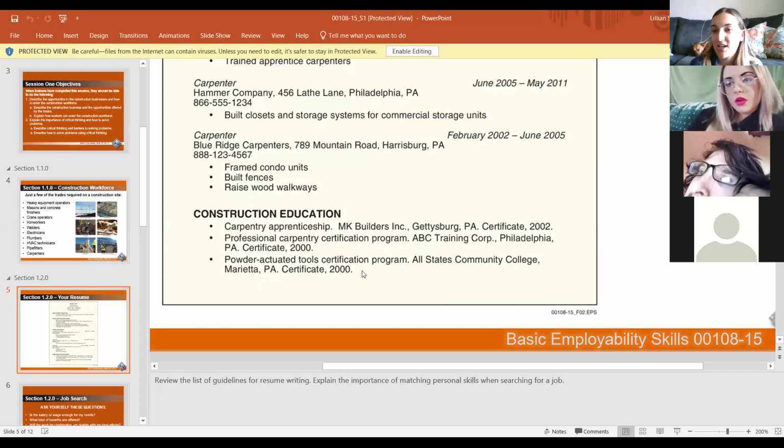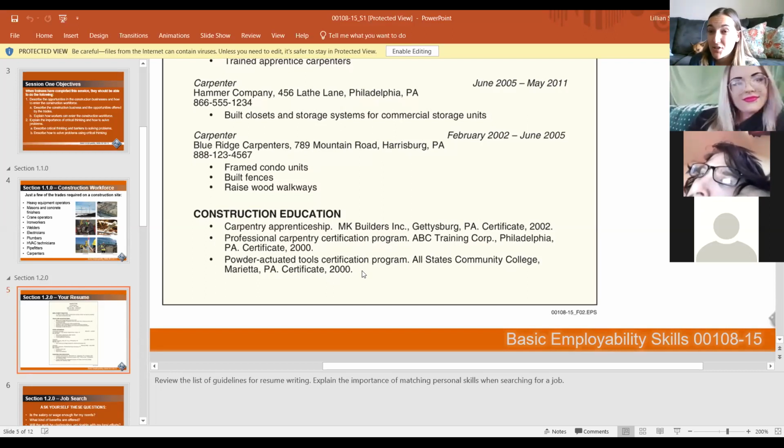And then you can put your education down. So for most of you, by the time you guys are gonna go find a job, and for Danny especially, because he already got it, you're gonna want to put that you have your GED or your high school equivalency. And your education, you're gonna say you got your NCCER certificate. That's a huge chunk of education that's gonna be really important to getting a job.